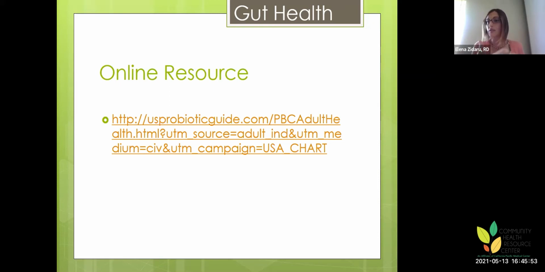For example, for IBS, you look at what's at level 1, and then you look at what probiotics can help with that. And then, of course, you have level 2 and level 3. So some have good evidence, some have less good. But overall, it's a nice guide as a starting point for people that want to take a probiotic to improve their gut health.